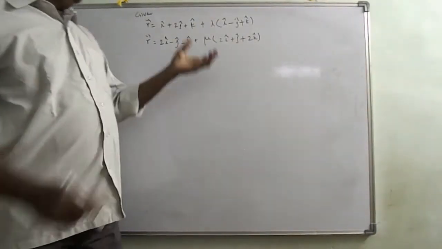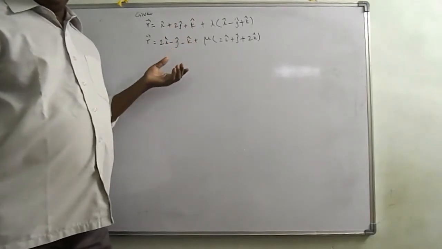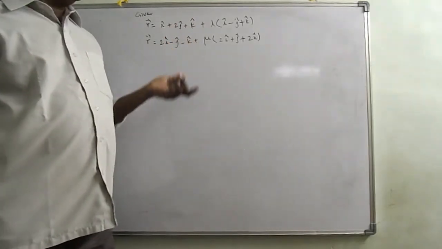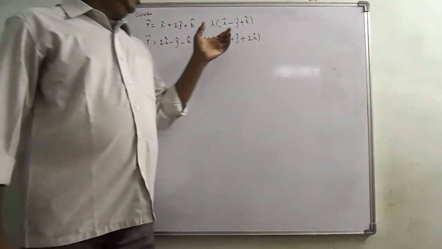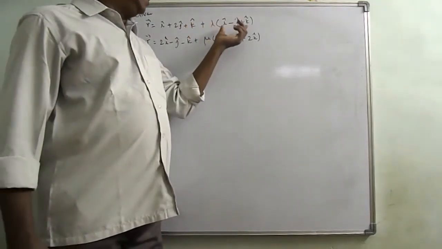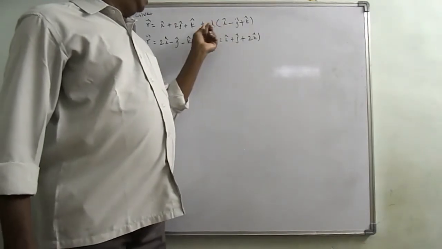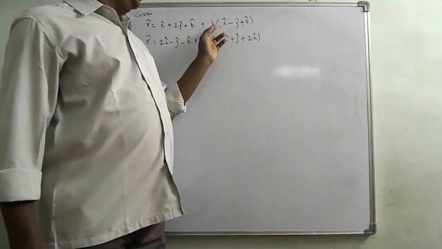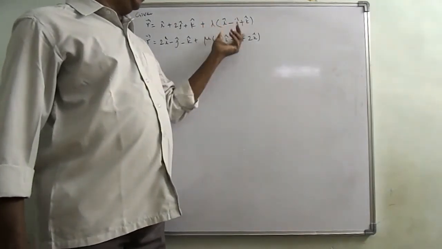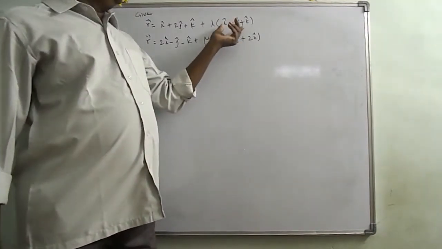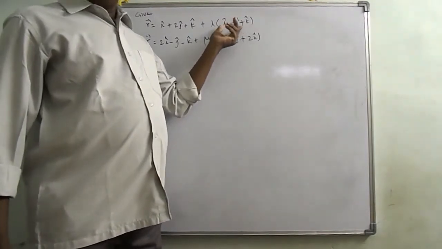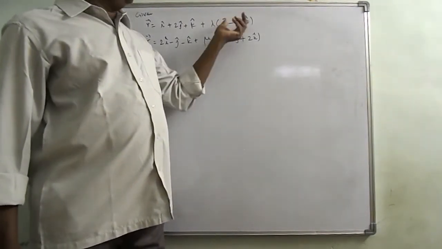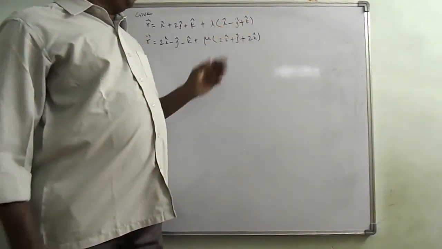Now look at these two equations. In this question they have not mentioned whether the given lines are parallel or skew. Now on finding the vector within the bracket, that is with the scalar value, lambda and mu, compare those vectors. If these two are the same or proportional, the given lines are parallel lines. They should be the same, otherwise proportional.